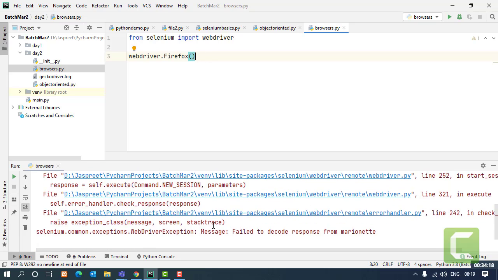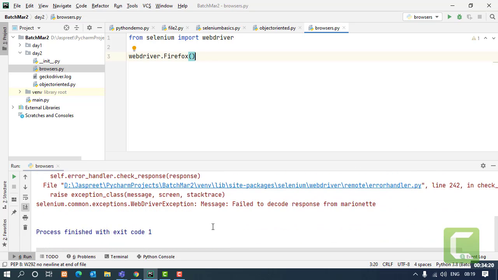Okay, I closed the browser in between, so that's why I'm getting this error. We can ignore this error for the time. But let's say if you do that for the very first time in your system, you might get an exception that the driver executable file is not in place. Now what is that executable file?